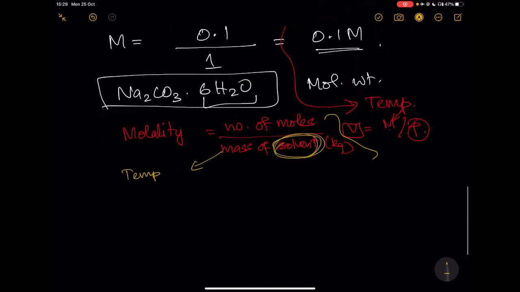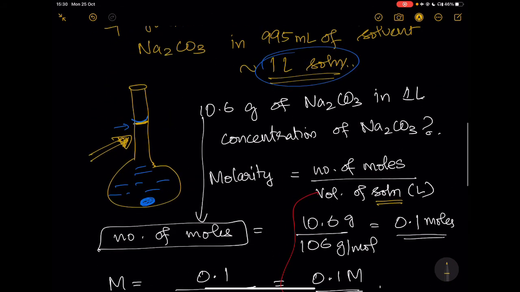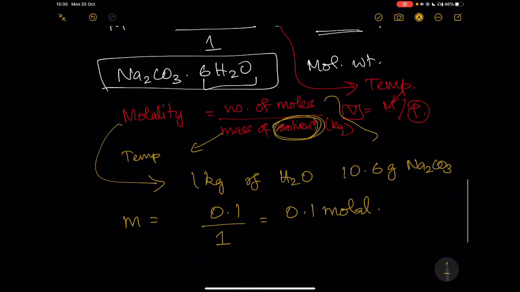On the other hand, the advantage with molality is that you can actually add 1 kilogram of, let's say, H2O to 10.6 grams of Na2CO3. So what does that make? Molality, given by small m, is going to be 0.1 divided by 1 kg, which is 0.1 molal. There's an important difference that ends up coming. I did take a hypothetical example where you added 995 ml of water. What you're able to see is that these two concentrations are slightly different, because 1 kg of water at 25 degrees is going to be 1000 ml instead of 995. So therefore, molarity and molality could be subtly different with respect to each other.